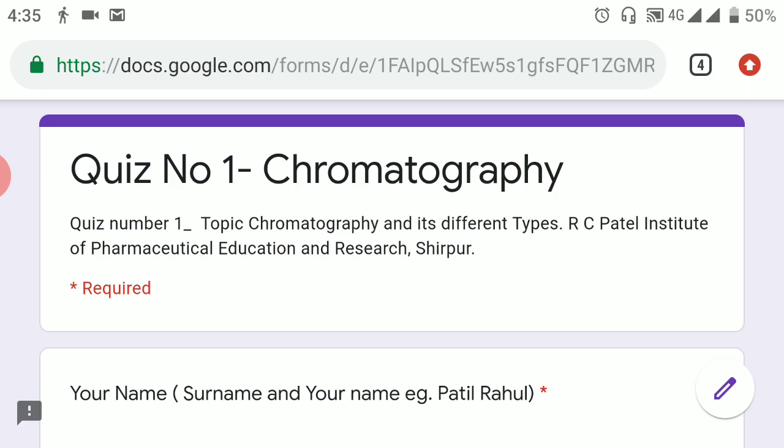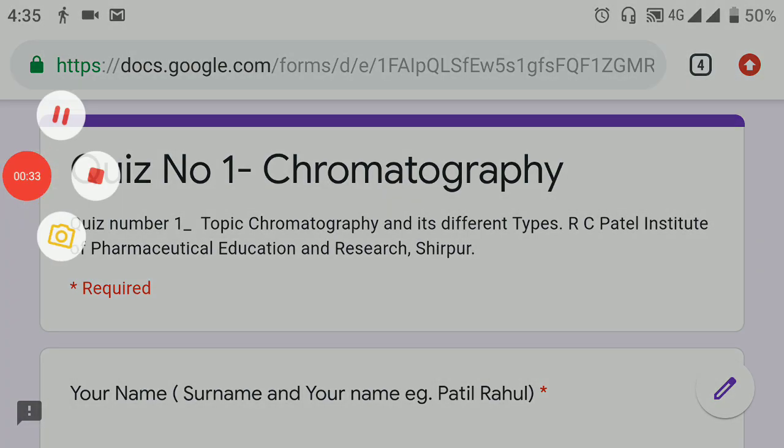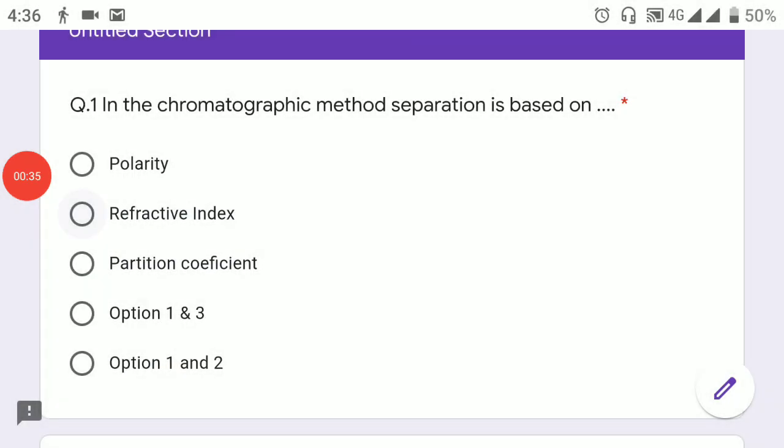By using this module, we have completed all the syllabus of your pharma analysis, and I have conducted three quizzes based on the syllabus that we have covered. So in the next three lectures, we will try to discuss the questions. In the first session of this lecture, I will discuss the first quiz on chromatography. So let us begin with the first question.